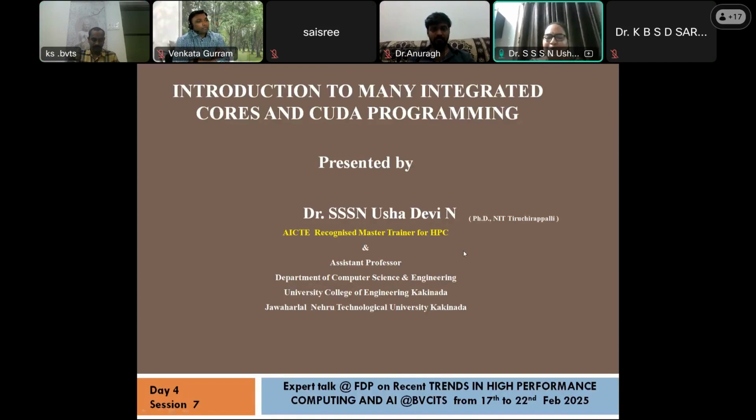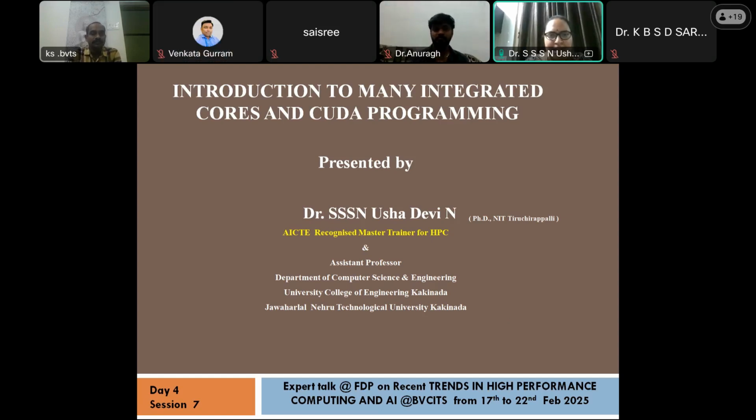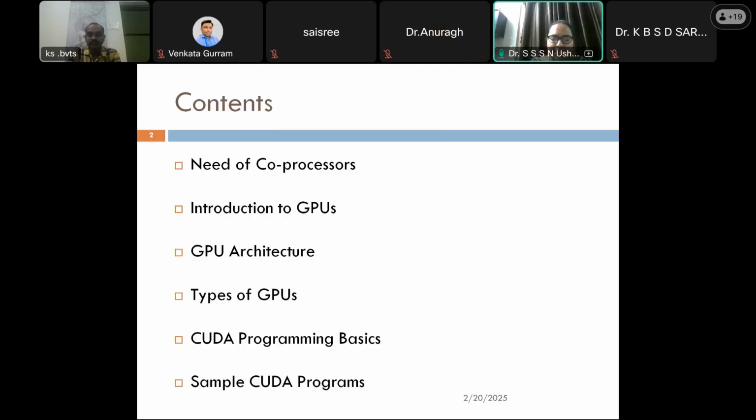Good evening to everyone. Today, in this session, I would like to share my views about CUDA programming and how these multiple cores are going to be integrated together to improve the performance of your model, that may be any AI model or ML model. Let us see the architectures first, then we go to the programming also. So I have a plan to discuss the architecture as well as programming in this session. So these are the contents.